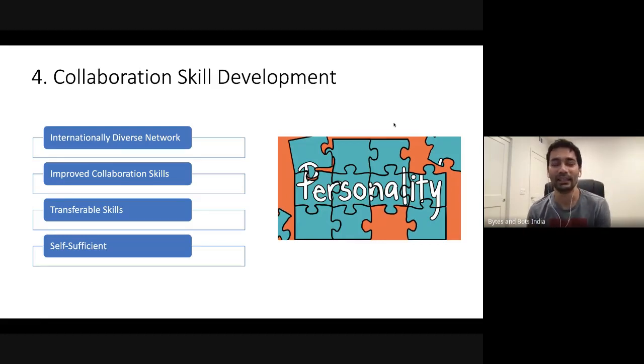So coming back to what I was saying, people from different parts of the world, different cultural backgrounds, different educational backgrounds, different skill sets, they all get connected through one common skill, which is programming.